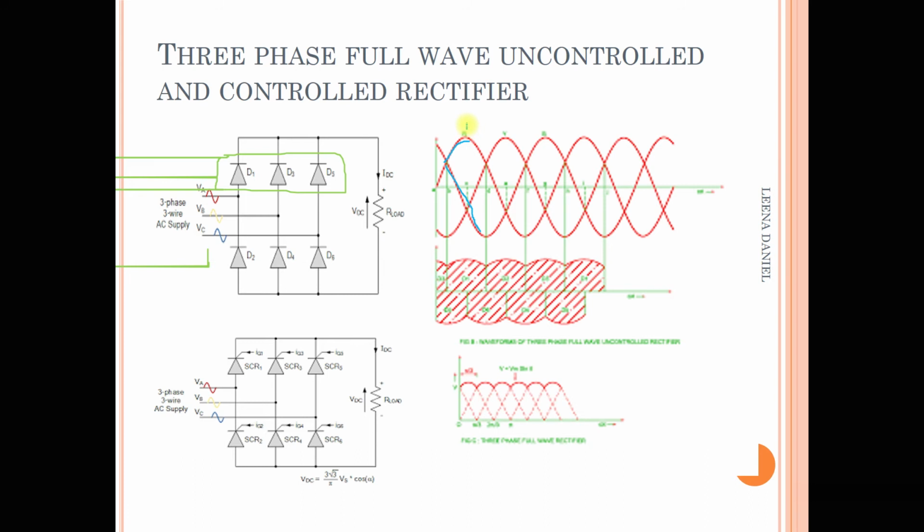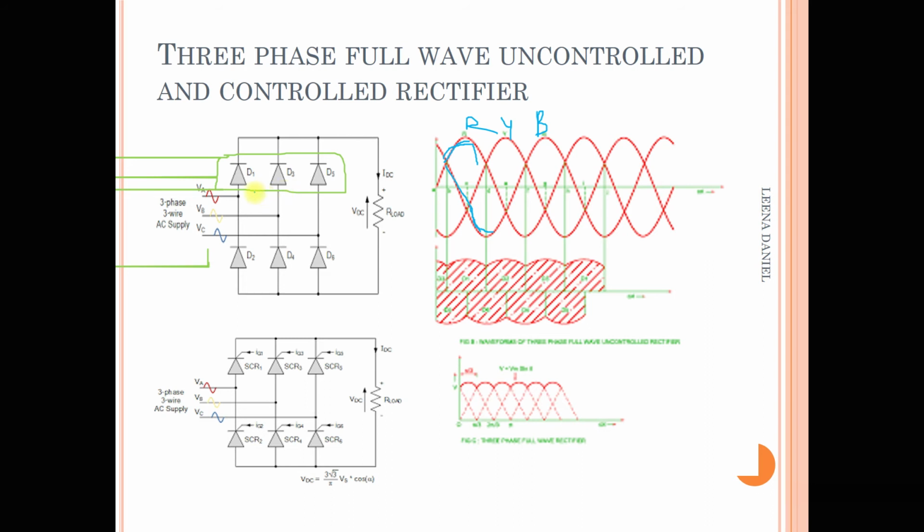If this is R, this is Y, and this is B, R by B. So this waveform is B for B. So B is going to maximum negative, and at this similar point R is going to its maximum negative. So whichever has the maximum negative, the element connected to that phase will conduct, and in the positive, whichever has the maximum, the diode connected to that phase will conduct.